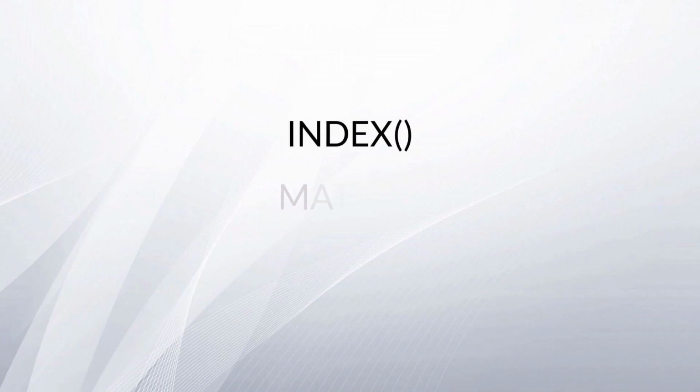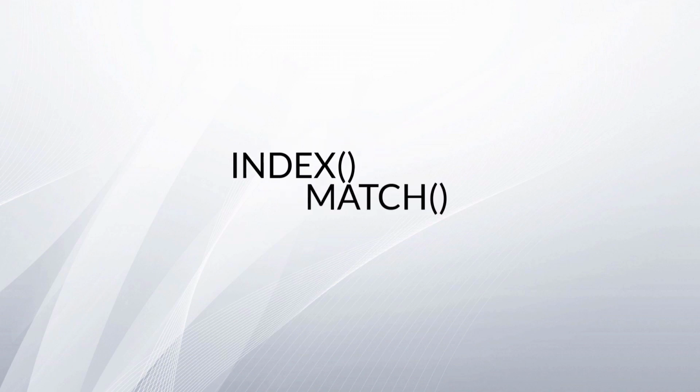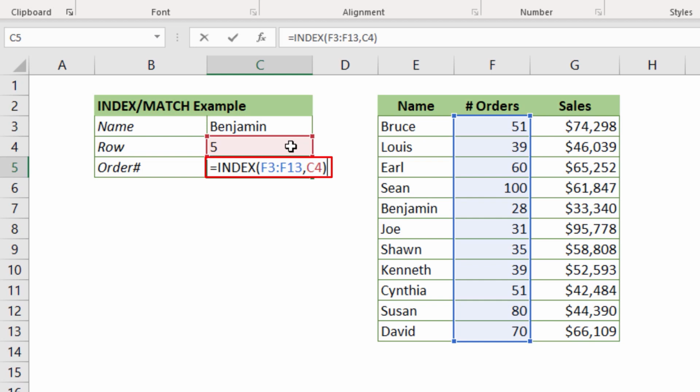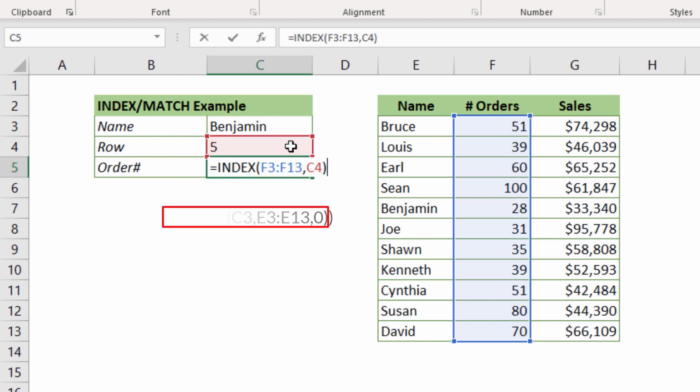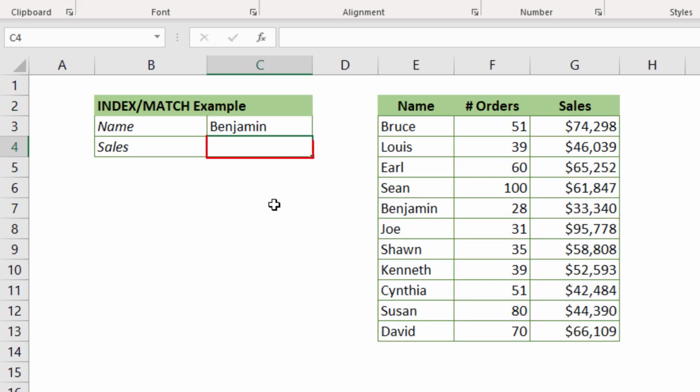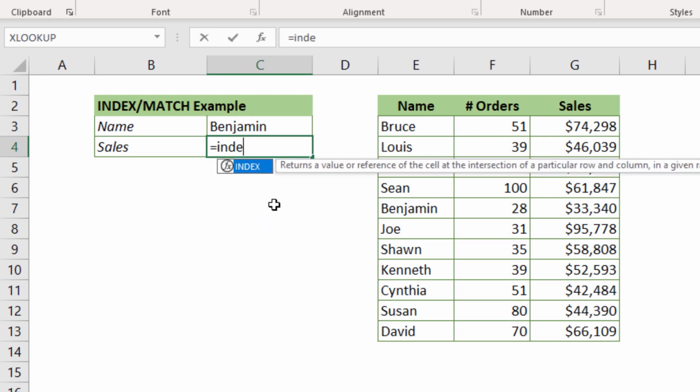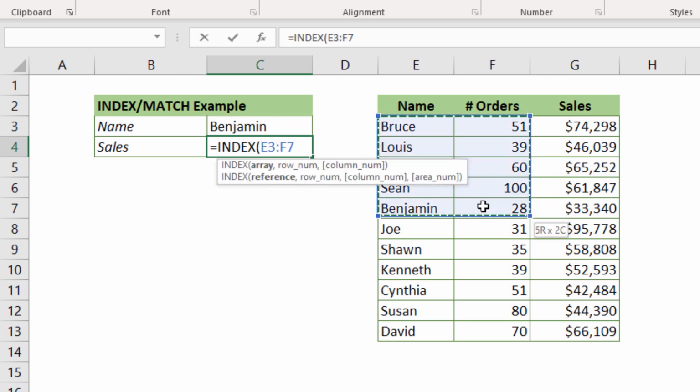The last piece of the puzzle with this lookup method is the ability to combine them into a single formula. In the INDEX function, instead of referencing the row number in a separate cell, you can use the MATCH function in the same formula. Use a combined INDEX MATCH formula in cell C4 to look up the sales value for customer Benjamin. So, in cell C4, enter the INDEX function. Lookup array will be the cell range from E3 to G13. For the row number argument, use the MATCH function to locate the customer's name Benjamin.